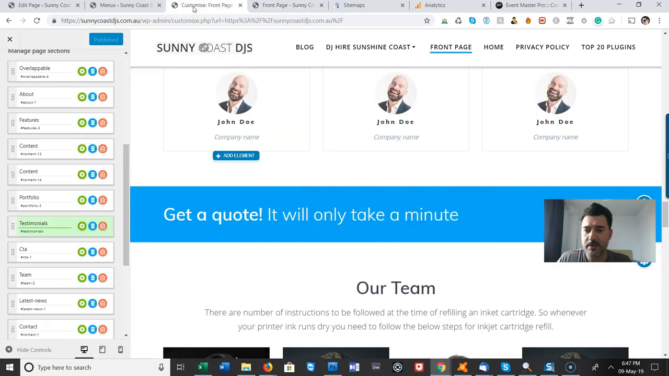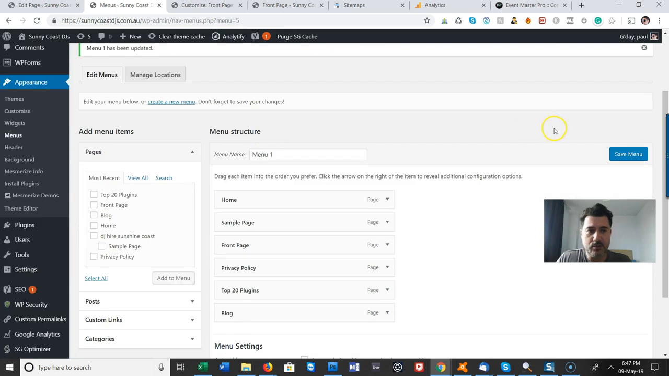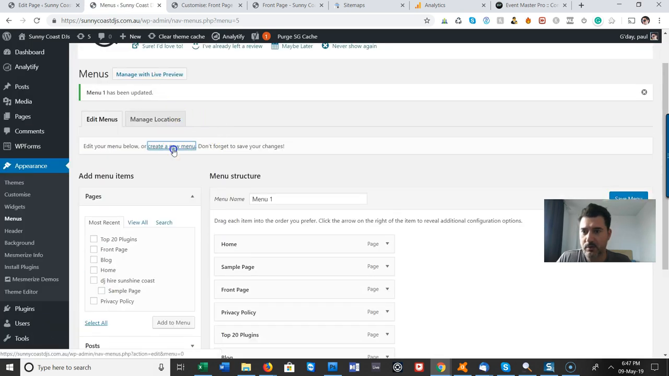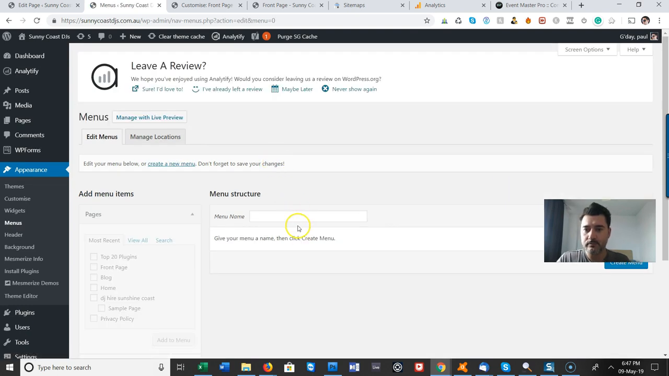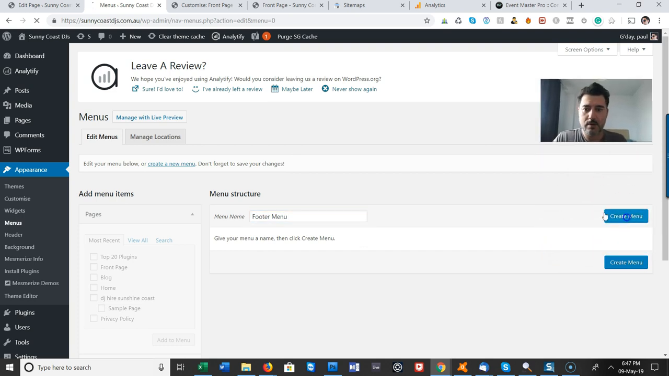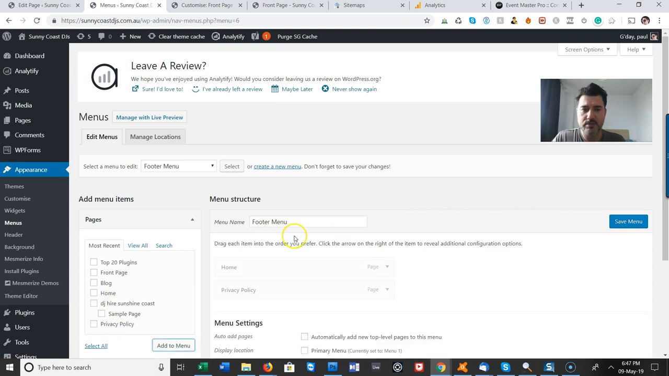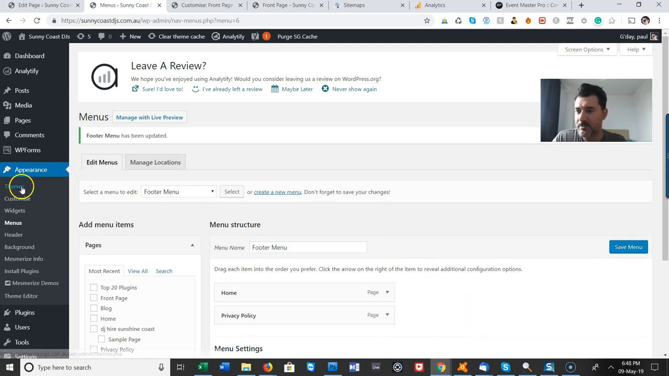If you want to do a footer menu, what you'll do is create a new menu. So you'll click here, create new menu. We're going to say footer menu. Create menu. Now this is where I want to put the privacy policy. Maybe I'll put another link to the home page. Save that. Now we're going to go to Appearance,